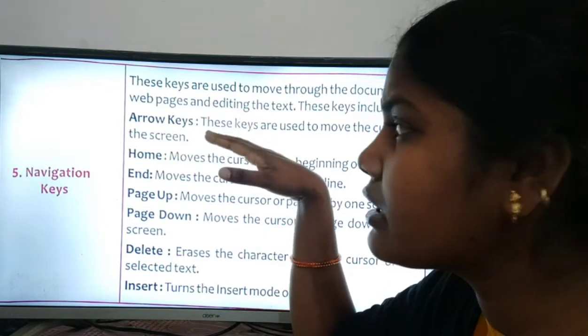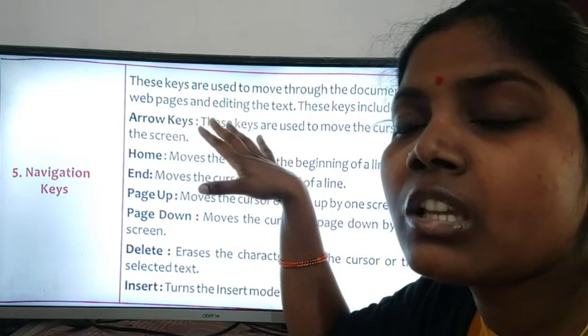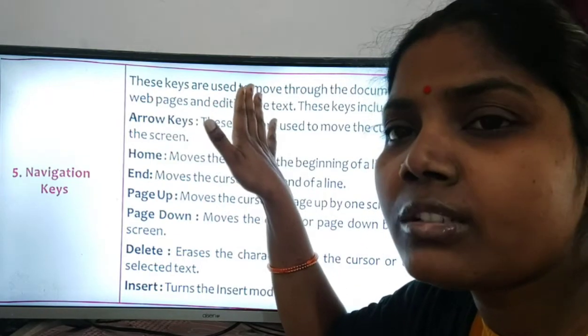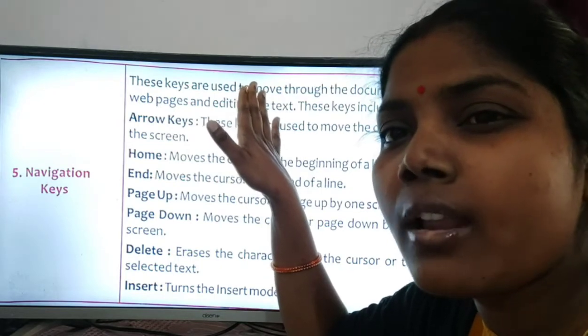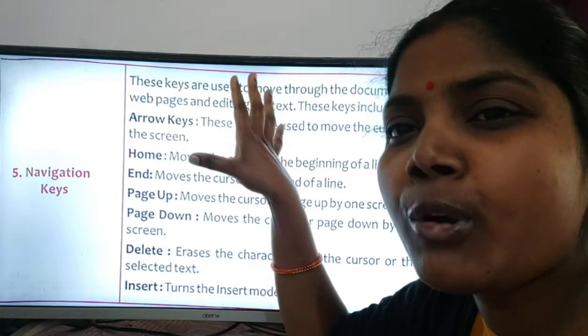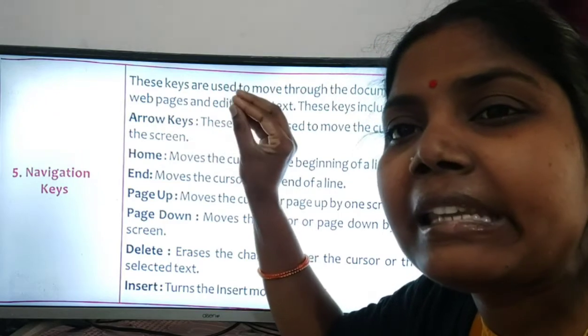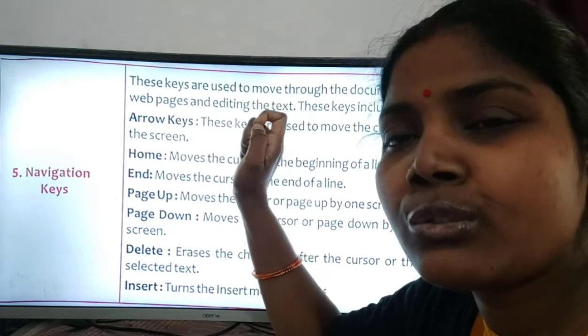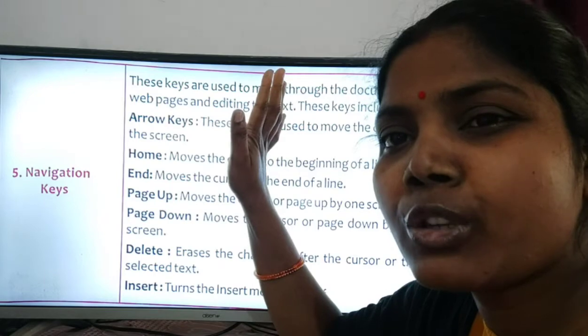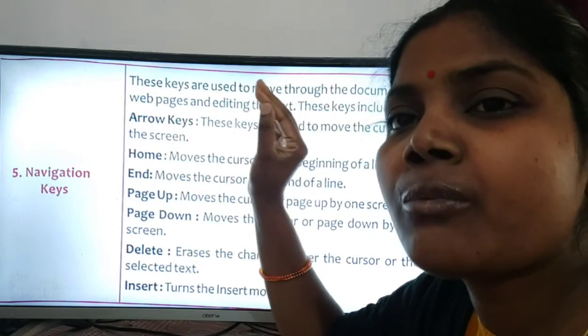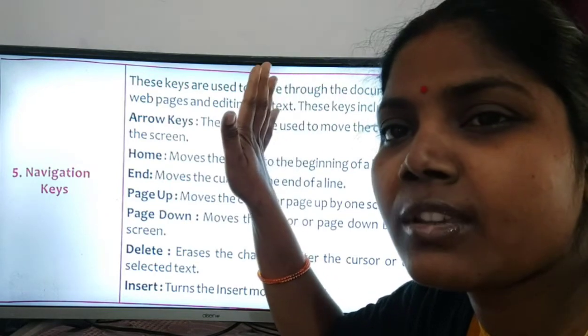Yes, my dear children, the keyboard's keys are an important topic of your lessons. If you know the keys clearly, then we can work on a computer. You should know which key we use for which purpose.